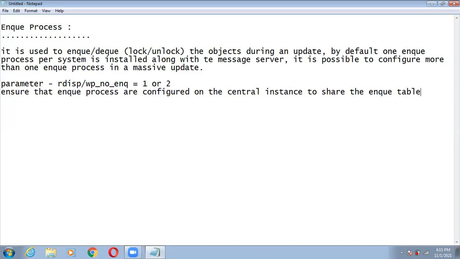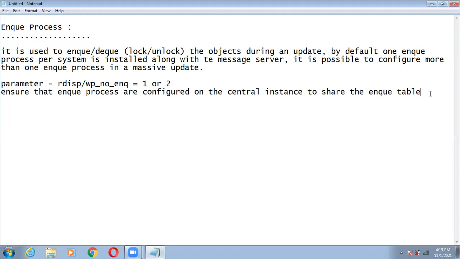Whenever the NQ processes are configured, it should be on the central instance. Why? Because it needs to share the NQ table. So these NQ processes are configured on the central instance only, not on the application server. Okay, right?